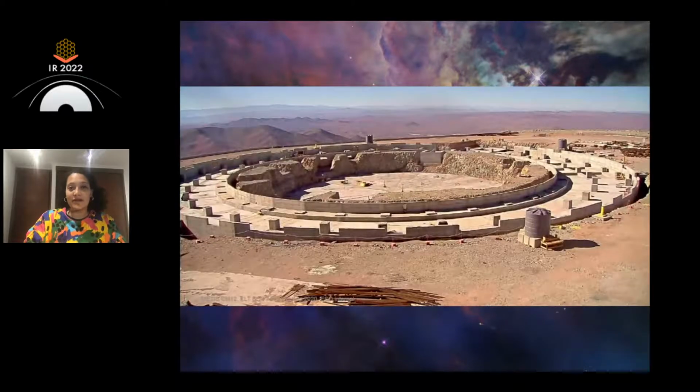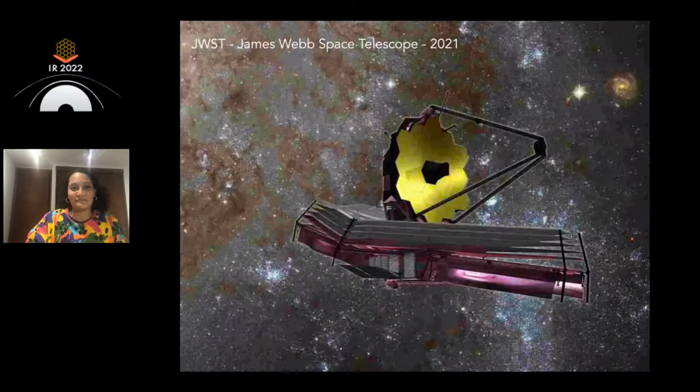It's already being built. This is another mountain in the Chilean desert, the Atacama Desert, and you can see they're already building the foundations. And so this is really happening. I really can't wait until the telescope comes online and we get a whole new, different view of space like we haven't seen before. Another cool telescope, which is just starting to become operational, is the James Webb